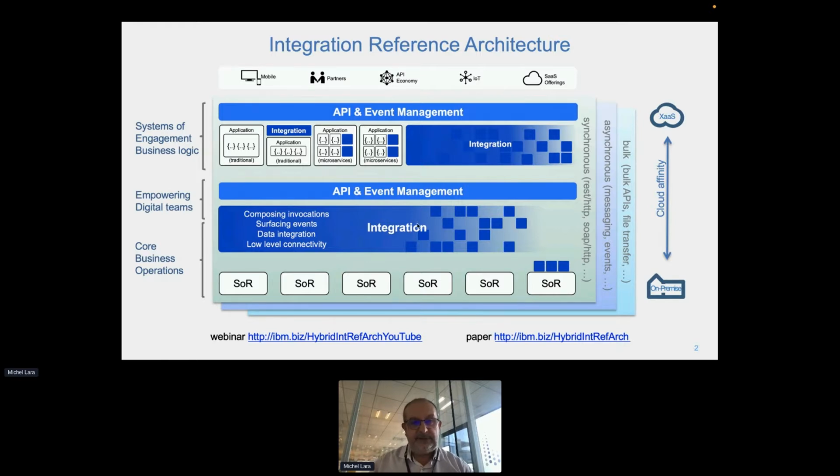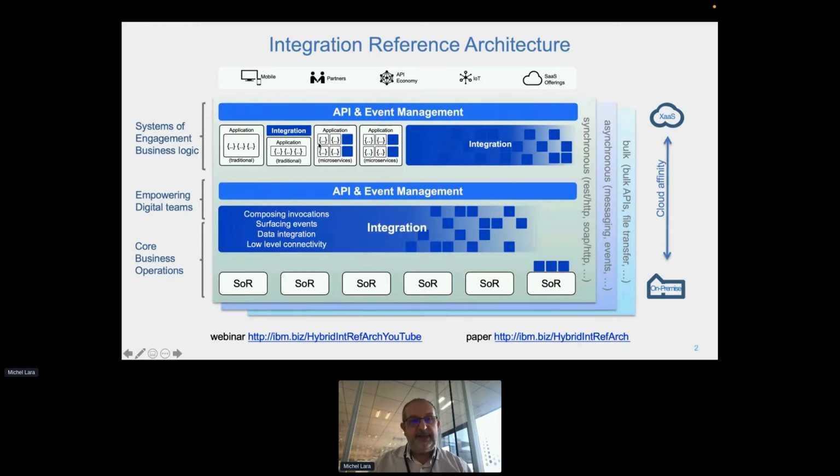This is the first layer with an API catalog, very often an internal API catalog. Why API in this layer? It is to normalize the interface between applications to exchange data and services between the applications and the system of record.